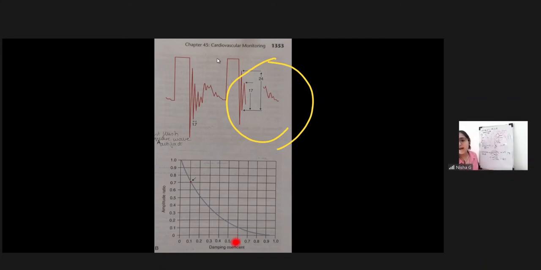What is my answer over here? Amplitude ratio 0.71. Let's see on this amplitude ratio. I will see amplitude ratio 0.71 comes to this point over here on this graph. What is the answer I'm getting over here? How much is the damping? 0.1. This is important. So what will the computer do? The computer will calculate the amplitude ratio. Then it will see on this, as the information is already fed into the system. The computer has it. If it doesn't have it, you will also have a printout of this graph.